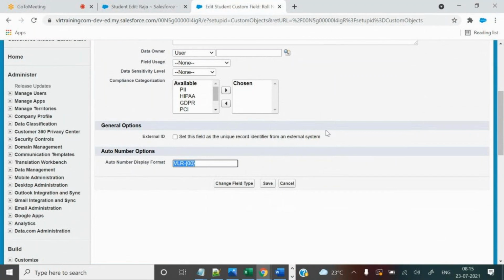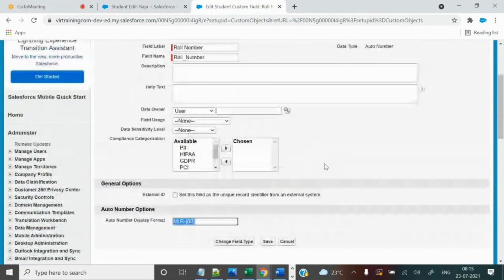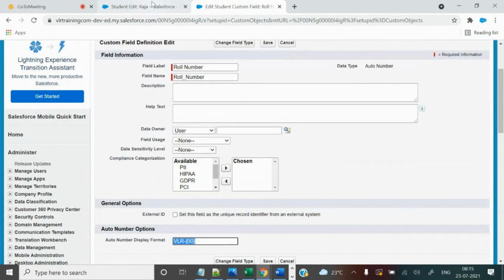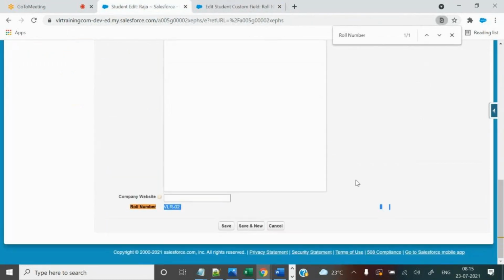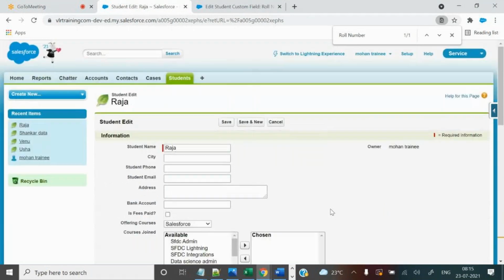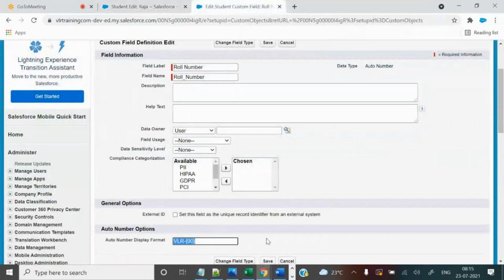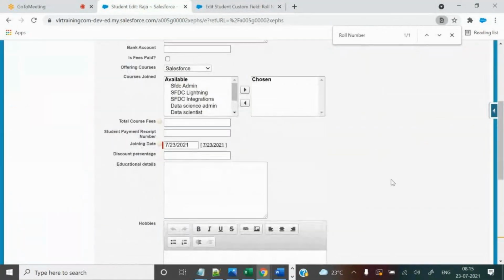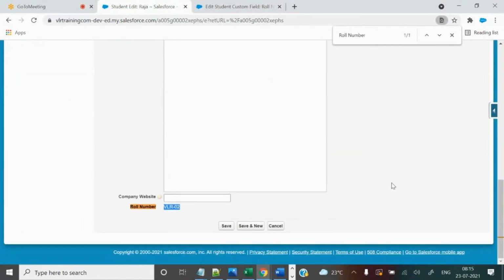That's the thing you need to set up. Based on that, the system will add the data updates. The system will add the values; you cannot add the values. It is a read only field, you cannot modify it. Who will add the values? Only the system will take care of the values. What you need to do is just configure it, and based on that only the system will add the values. That's it.